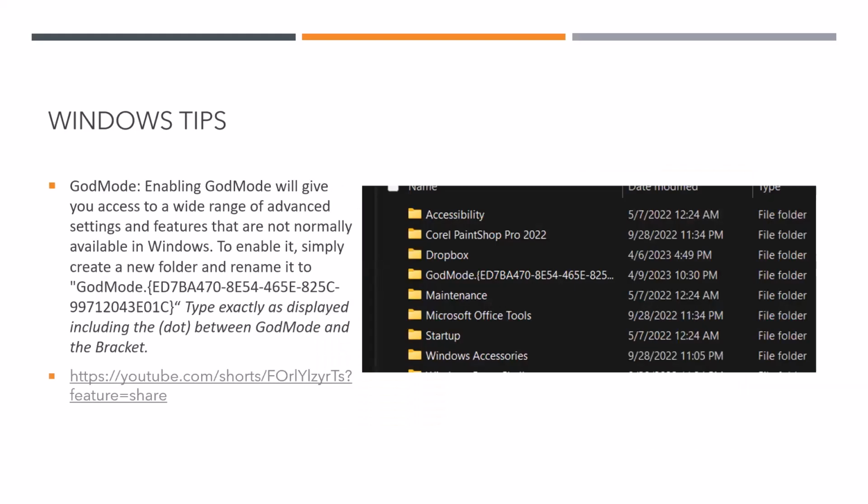God mode. Enabling God mode will give you access to a wide range of advanced settings and features that are not normally available in Windows. To enable it, simply create a new folder and rename it to God mode dot, and this long string of letters and numbers. You need to type that exactly as displayed, including the dot between God mode and the bracket. And here's a little short video that will give you